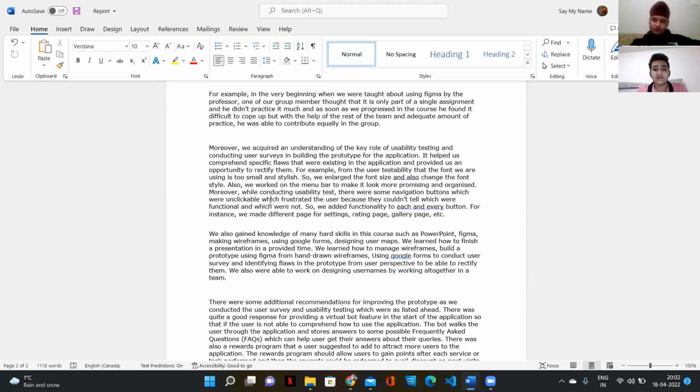So as they suggested, we chose to add functionality to each and every button. We created a new page for the settings section. We created a gallery page, so when the user clicked on the camera button, it would redirect them to the camera, instead of the filter. It should direct them to the camera first, then the filter should be displayed, and then the rating page.